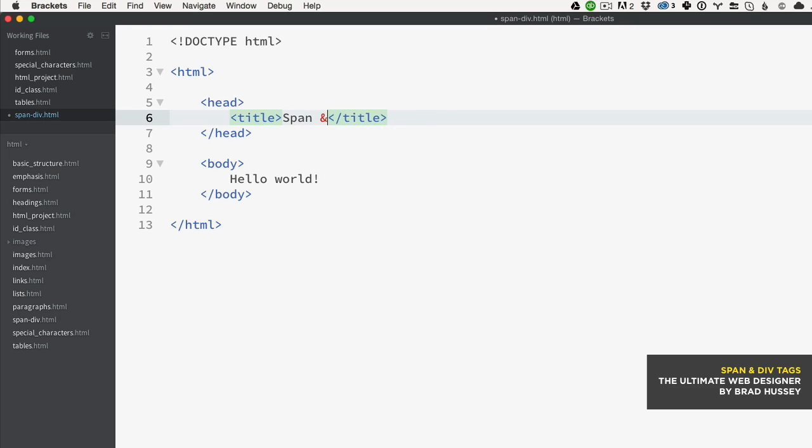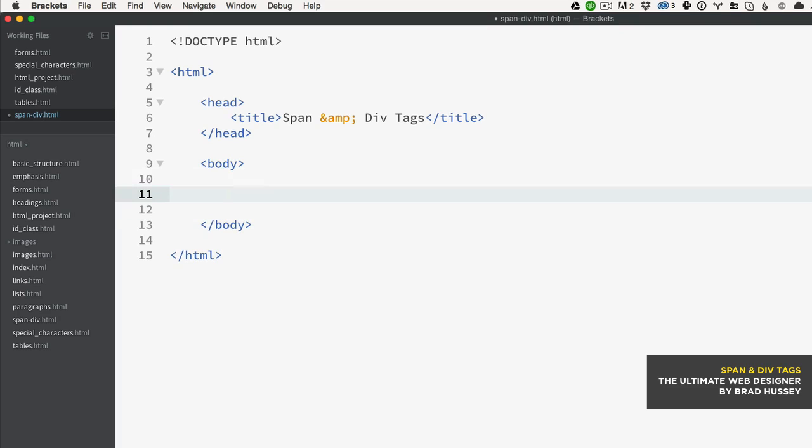Span and ampersand div tags. Okay, so span and div tags. Well, let me just tell you something here. As you know, HTML is reserved for the meaning of your web page. So hopefully it makes sense. I've been trying to drive that fact home for the past number of lectures. Meaning is simply what the web page's content means, the semantic value, the tags, the structure of how you write